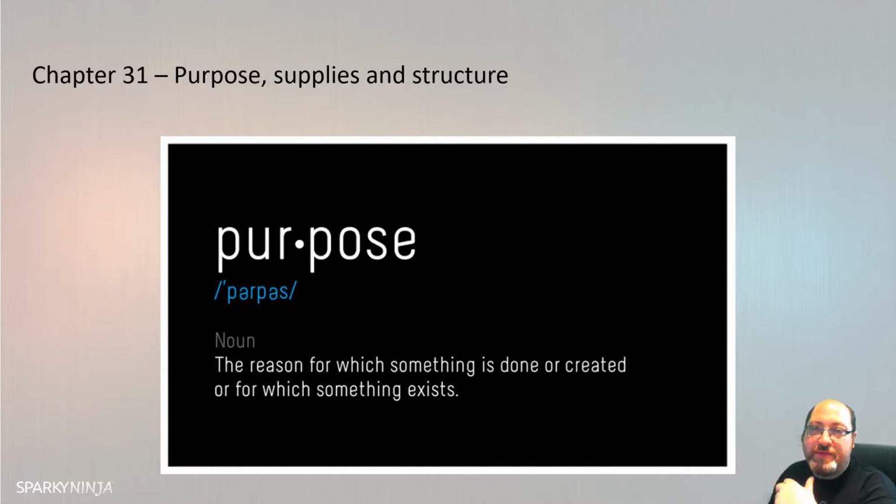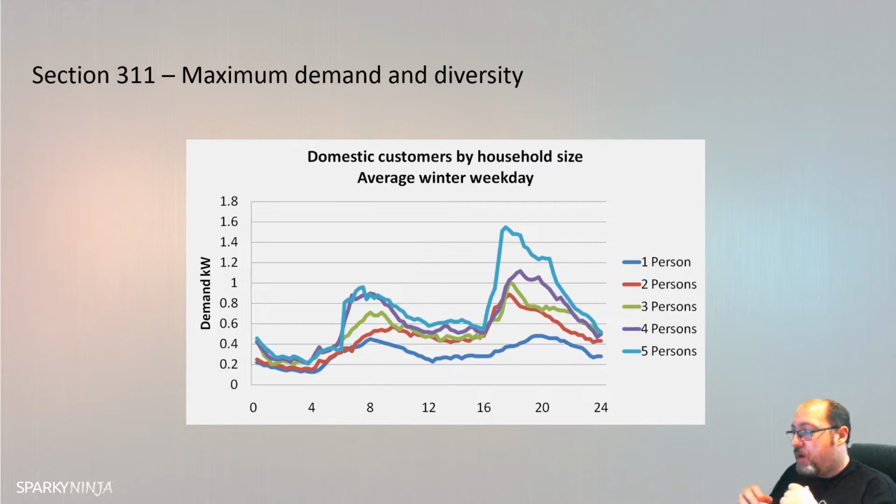One of the things it says there is maximum demand and diversity, a common exam question. So, 311. For economic and reliable design of an installation within thermal limits and admissible voltage drop, the maximum demand shall be determined. In determining the maximum demand of an installation or part thereof, diversity may be taken into account. So, with regards to a distribution circuit and sub-distribution within an electrical system for a large site, you would consider the equipment being connected and the use of it, the demand of the equipment,